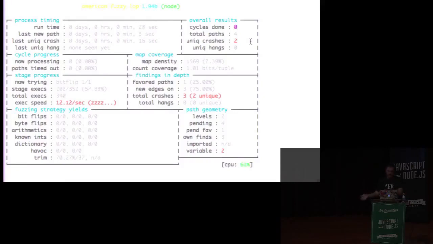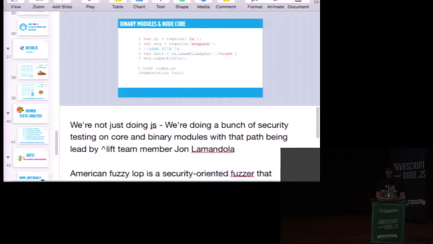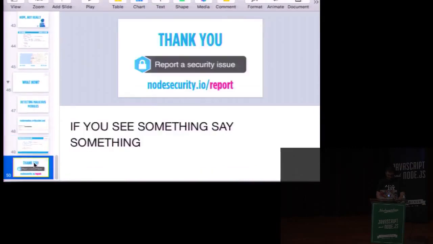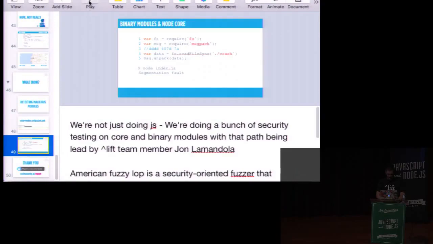And so we can take that now. We can look at that test case. We can provide that to Node SASS and say, here's how you can make things better. And we hopefully are going to be able to do that for any Node binary add-ons out there. It's really just setting up that build environment. So with that said, that demo didn't fail too horribly. And that's basically it.